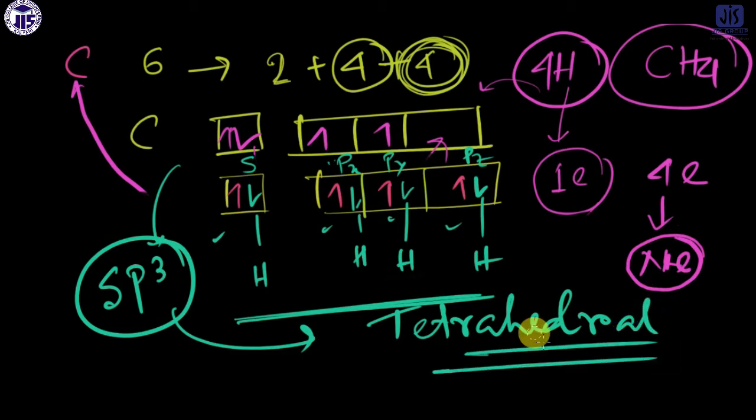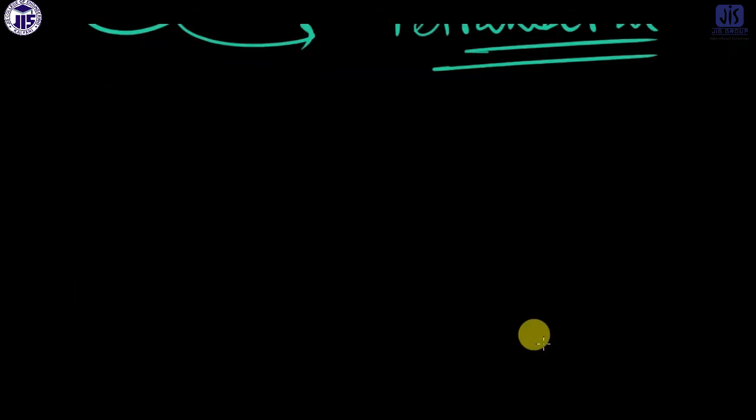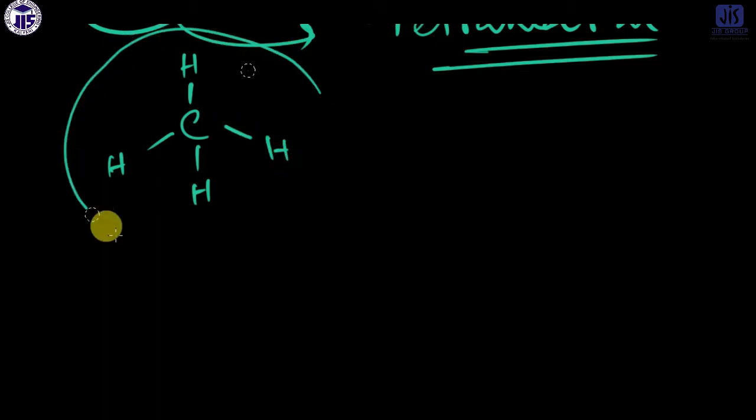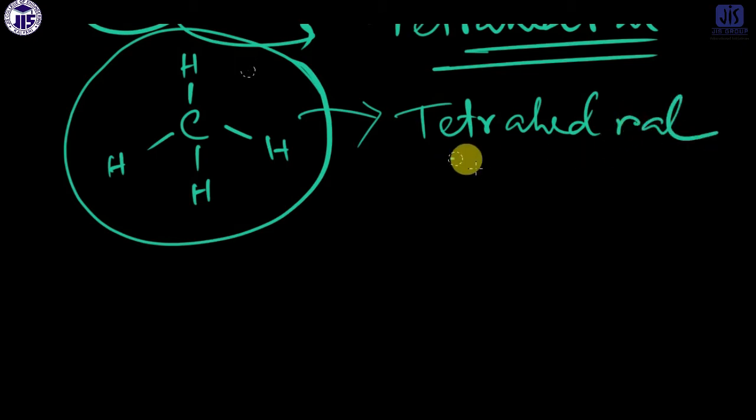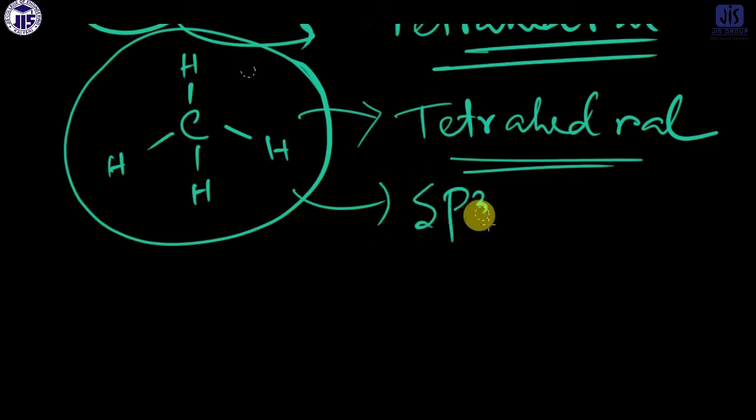The geometry will be tetrahedral, and the tetrahedral looks like this way: C, H, H, and H. So these are the 4 bonds, okay, and this is the tetrahedral structure. This is the tetrahedral structure, and obviously this tetrahedral structure has the hybridization sp3. Okay, so in this way we can determine the geometry and the hybridization of a particular compound,